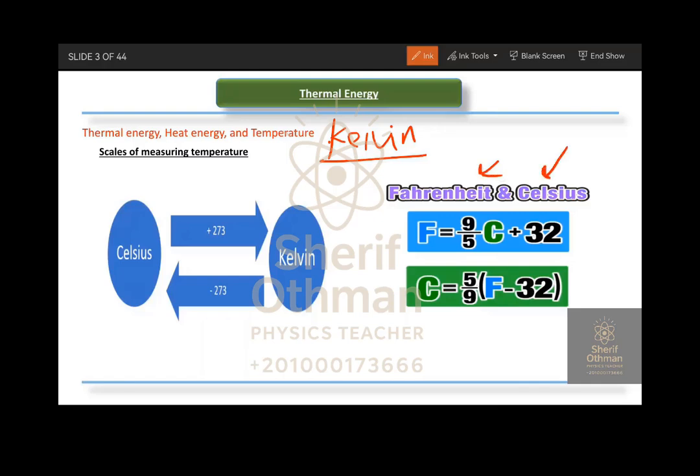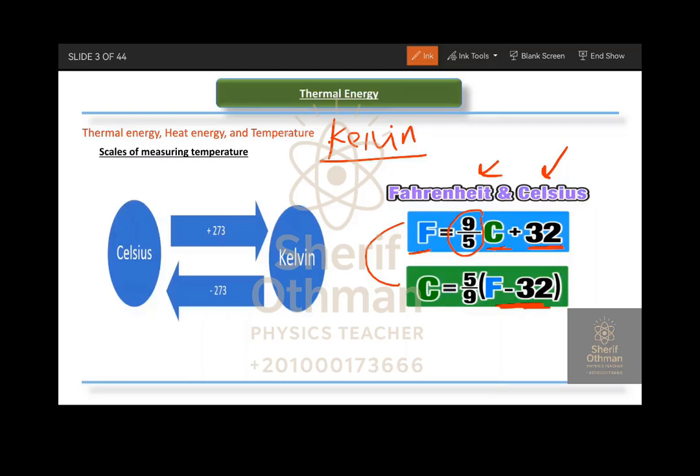To change from Celsius to Fahrenheit, we have to multiply the Celsius by 9/5, then add 32. To change from Fahrenheit to Celsius, we have to firstly subtract 32, then multiply by 5/9. Notice the difference between the two rules, guys. Here I'm changing from Celsius to Fahrenheit, so firstly I multiply by 9/5, then add 32. If you are going to change from Fahrenheit to Celsius, you have firstly to subtract 32, then multiply the answer